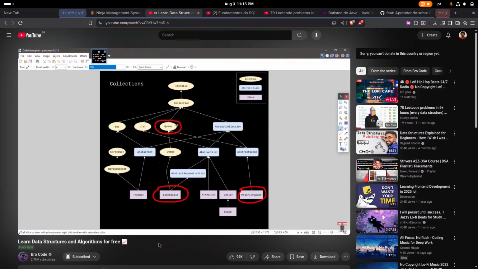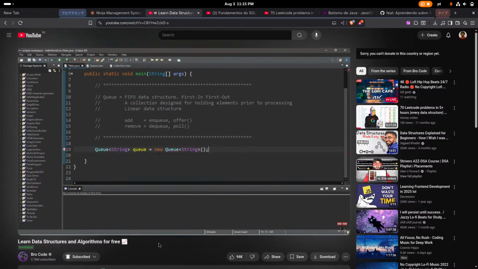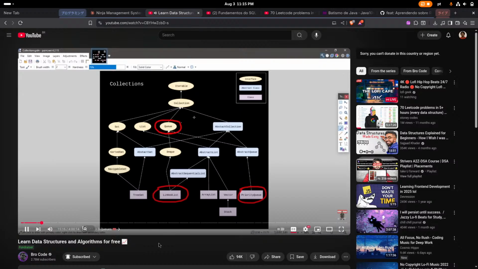So to utilize the features of a queue, we are going to create a linked list because we cannot instantiate a queue itself because it's an interface. With that being said, let's change equals new queue to equals new linked list. We won't be equals new a queue itself because